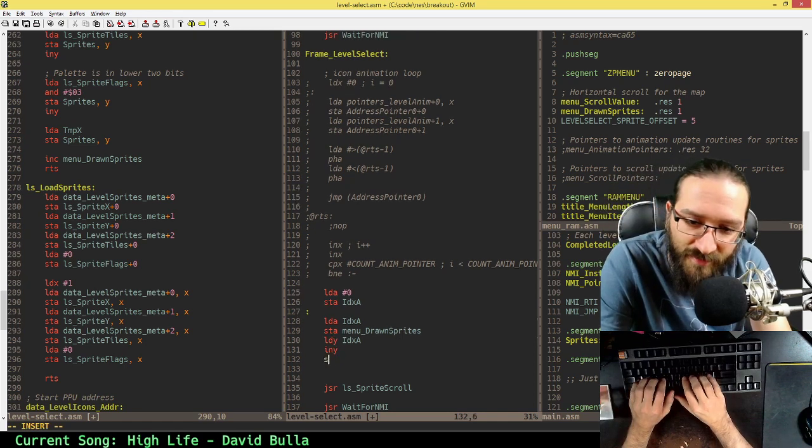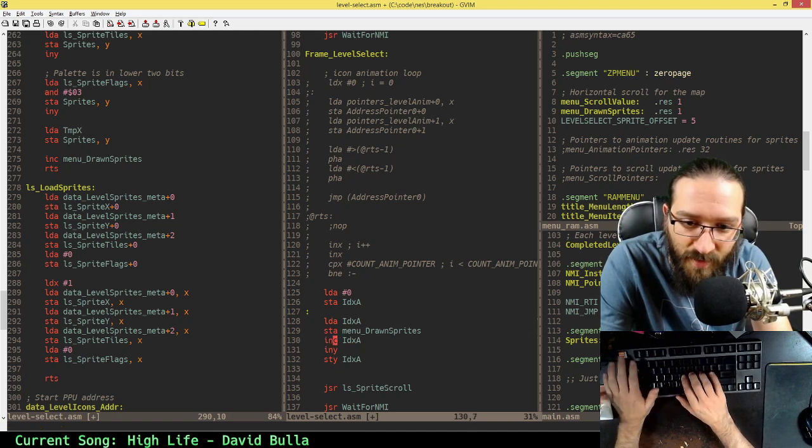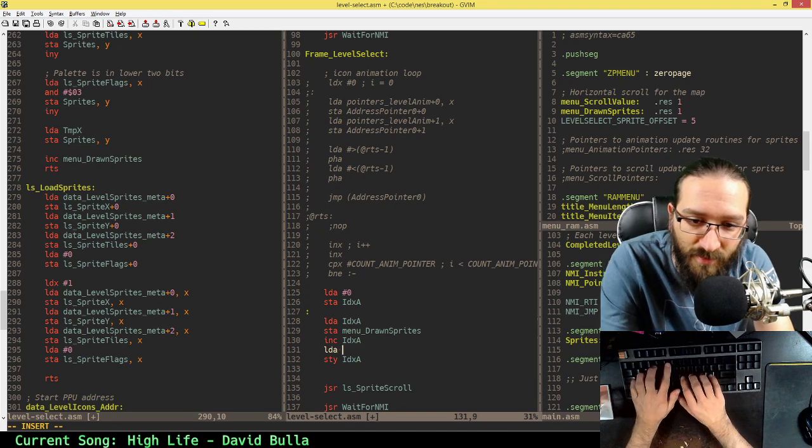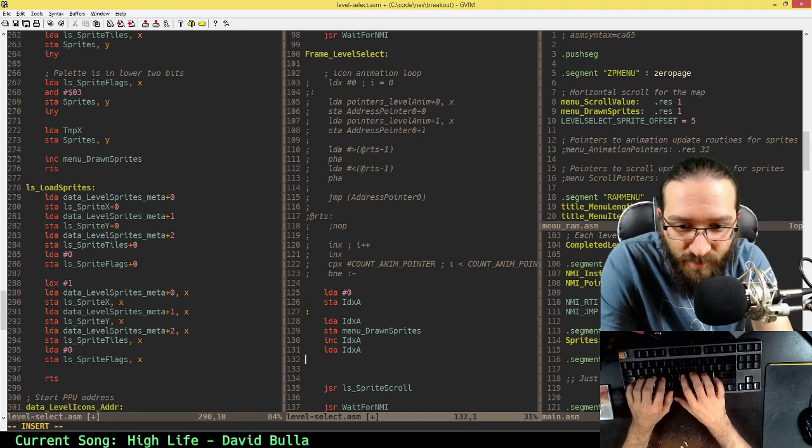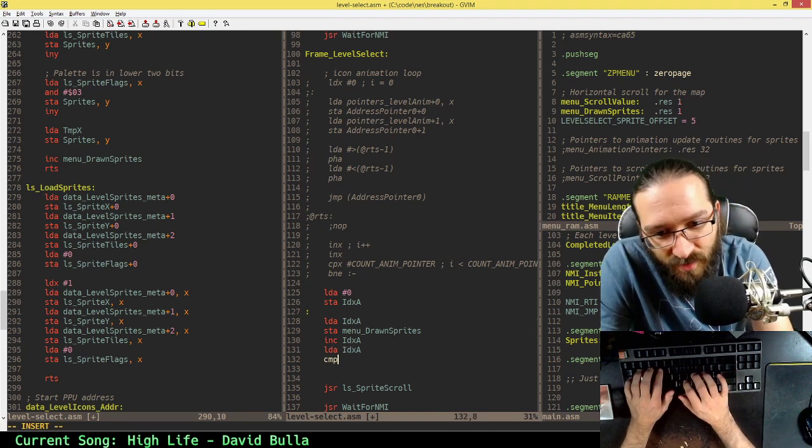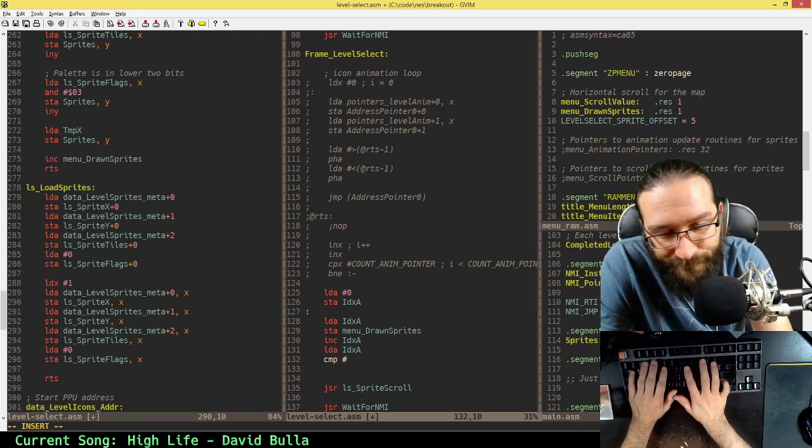I mean, I guess I could... So Y... Index A. That takes more cycles though, doesn't it? Instead of just like... increment that. Load index A. Certainly more instructions. Compare that to